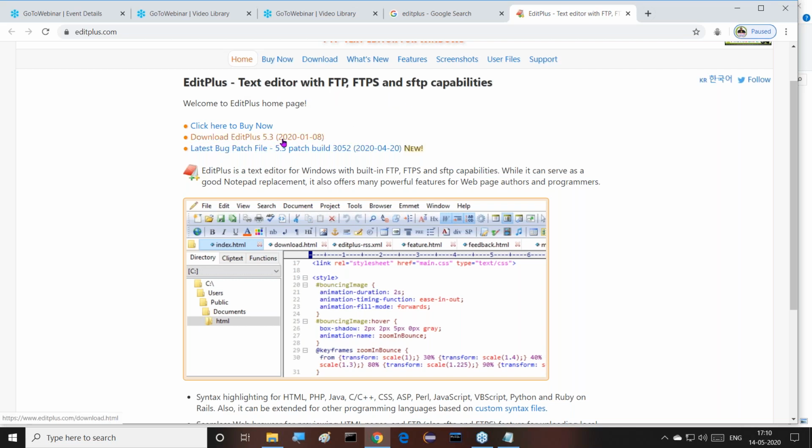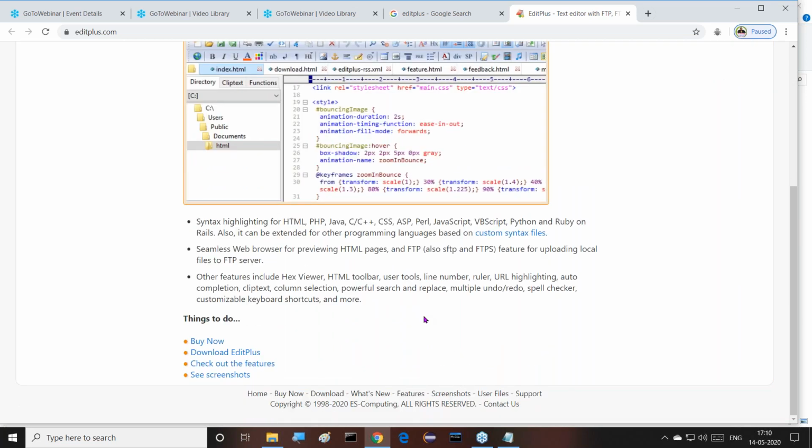Download Edit Plus 5.3, updated in January 2021. That's okay, good. And this Edit Plus we are able to get directly. Just if we click on it, we are able to get this one.